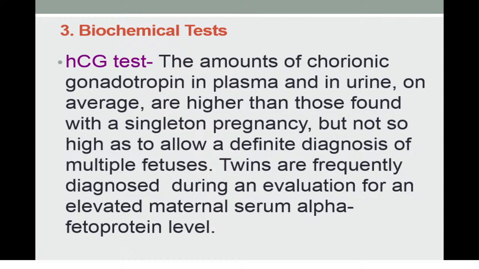Biochemical tests will help us to understand whether it is twins, triplets or more, using the HCG test, human chorionic gonadotropin. The amount of chorionic gonadotropin in plasma and in urine is on average higher than that found with a singleton pregnancy, but not so high as to allow a definitive diagnosis of multiple fetuses. Twins are frequently diagnosed during an evaluation for an elevated maternal serum alpha-fetoprotein level. But HCG would be higher